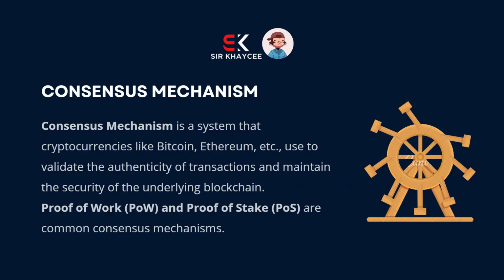So for every transaction, there's a particular mathematical puzzle given. The first person to solve it is the one that will validate that transaction. I don't know if you're understanding. For that transaction to go through, there's a puzzle given. The first person to solve it. Now you have no business with all this puzzle thing. Like I said, it is back end. It's only the miners. The first person to solve it is the one that will validate that transaction.